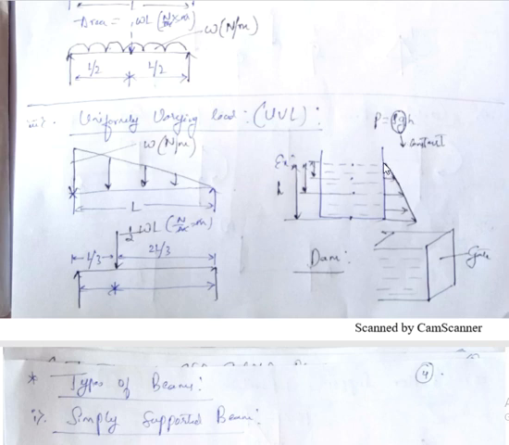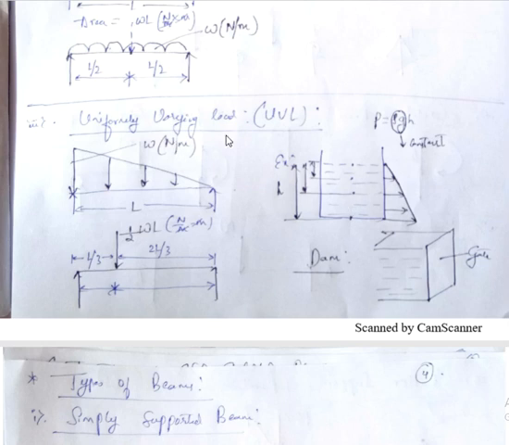You can look here, the pressure is 0 here. As I move towards the right side, pressure is increasing. Finally at the bottommost point, the pressure will be maximum, because the height from the surface to the bottommost point is maximum. So here the pressure is varying uniformly with respect to height. This is the best example where we can find UVL.